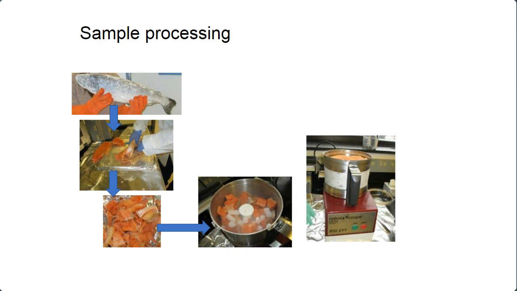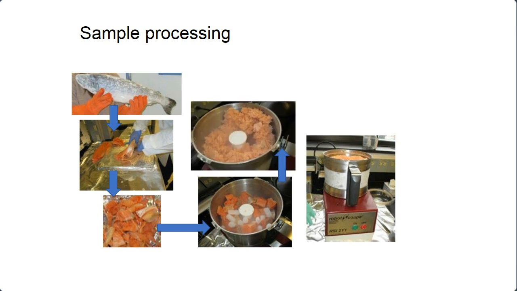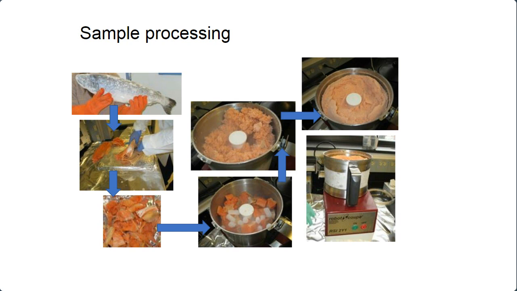This is me holding a salmon, and the first process is to skin and fillet the fish. The way we process samples, or homogenize them, is to use a RoboCook with dry ice, which produces, as you can see here, a very fine powder. Different labs use different homogenization techniques, and whichever technique your lab is using, the thing to keep